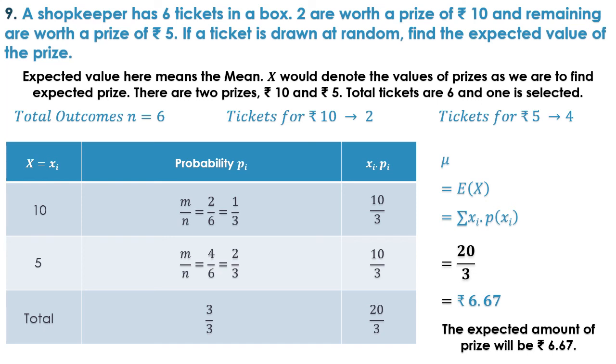Okay, so if you play, it is expected that on an average you will earn 6.67 rupees, you know, the average value. Okay, so with this I end my exercise 2.1. Next time I will start with the new type, or maybe I'm wondering, let's do some more sums of this particular type of sum, that is the discrete random variable and the discrete probability distribution. I might take some sums from the final exercise. It depends on the situation, the time I have and the mood I am in. But anyways, wait for my next tutorial.